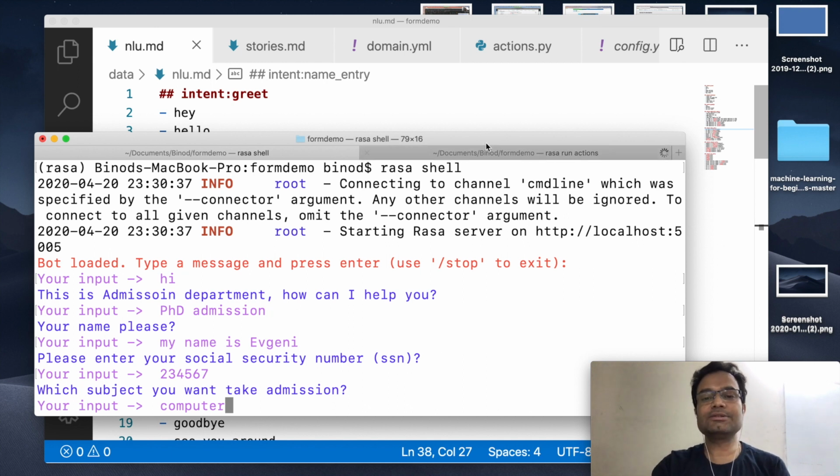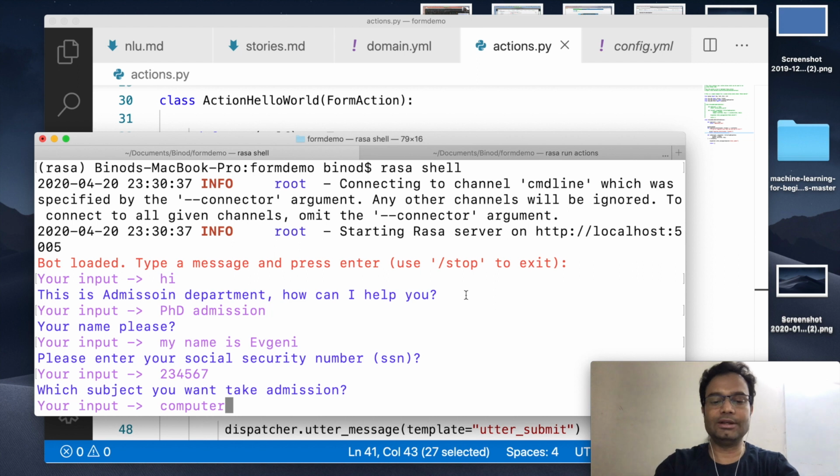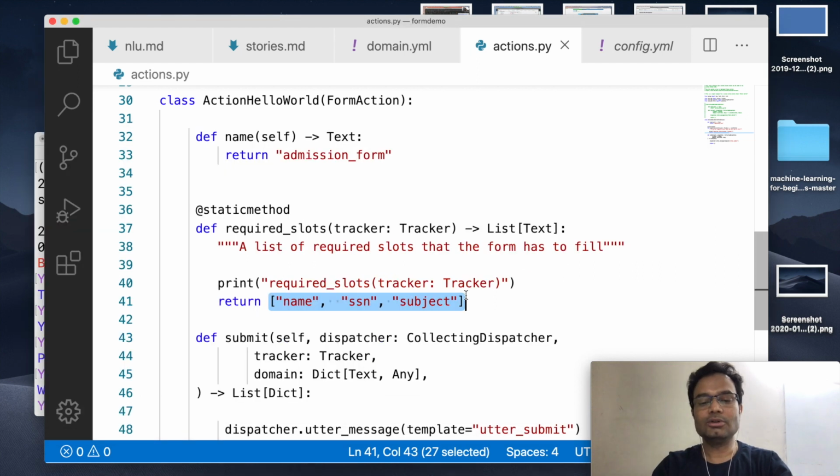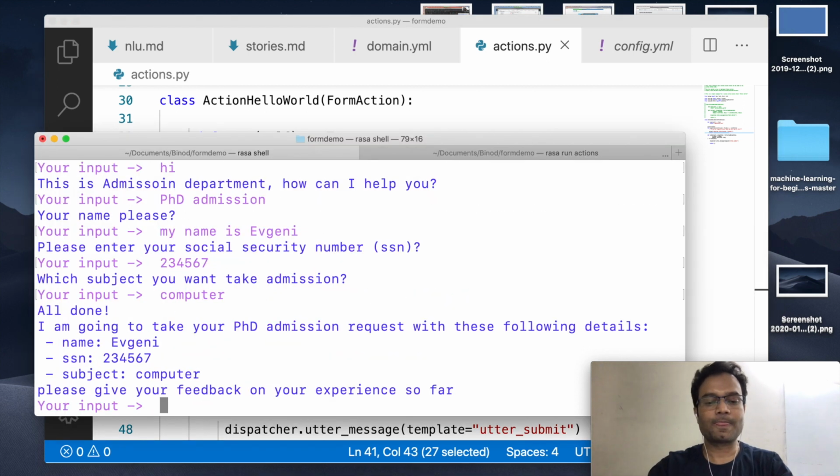Why is it asking in this format, in this sequence? Because if you go to the domain.yml, I have given the form in this sequence. If you change the sequence here, it will change in the same sequence you have mentioned here. Now go and enter. The moment you enter, all the information has been entered by the user, so it will execute further.